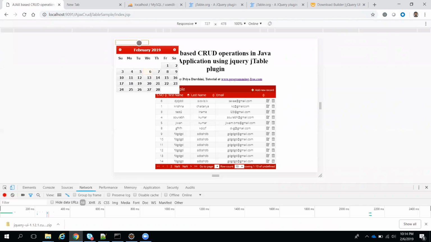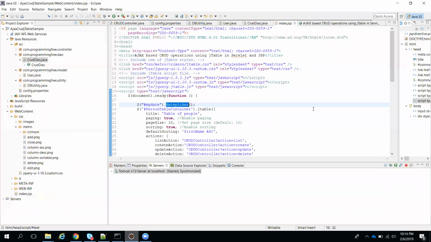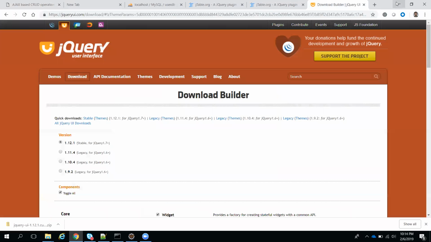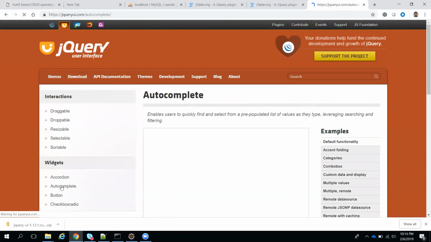See how it is coming: to work with jQuery UI, if you want to use the date picker, we need to include jQuery plus jQuery UI. jQuery UI means this one. I downloaded it, because we have already included this jQuery UI related stuff for jTable. See, it is already there. It provides the CSS styling and all the functionality. Date picker is one feature of jQuery UI. jQuery UI has a number of features I told you, right? It has accordions, droppable, resizable, so many things like autocomplete.